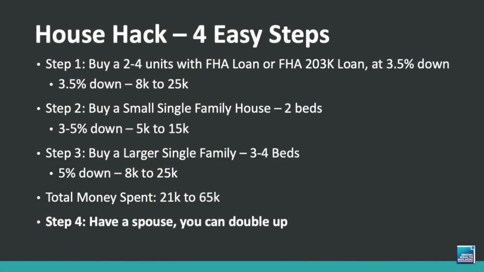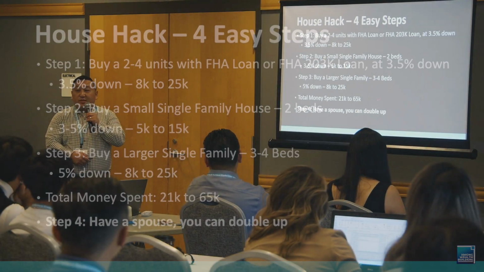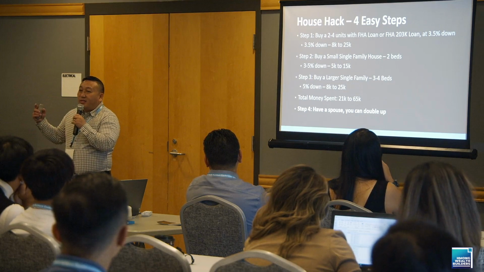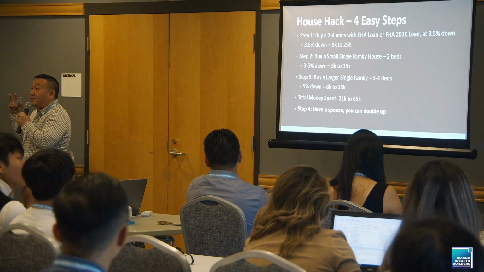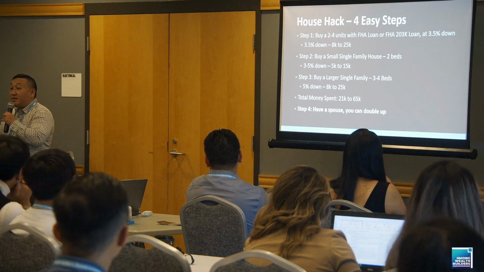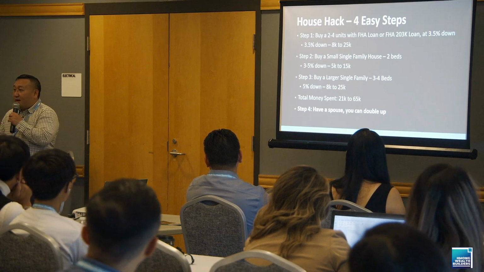So when you do that, the total money that you need to spend is about 21,000 to 65,000. That's in the 3-year process. But between all of that, the very hard one is just this first one. So really, it's not even that much, because in between, you're saving all the money that you can. Your mortgage and your rent is your most expensive expense. If you get rid of that, imagine how much you could save, right?